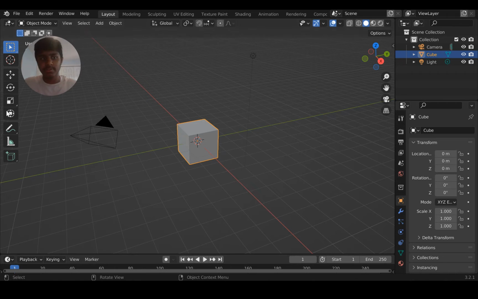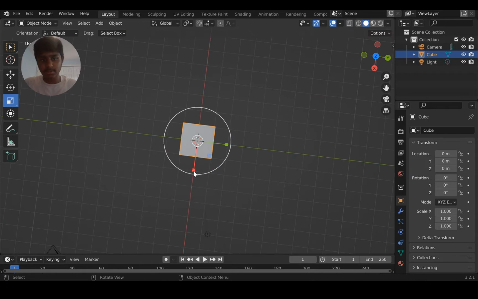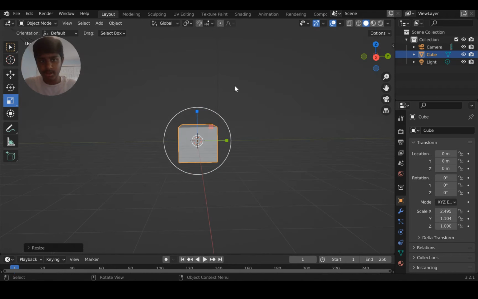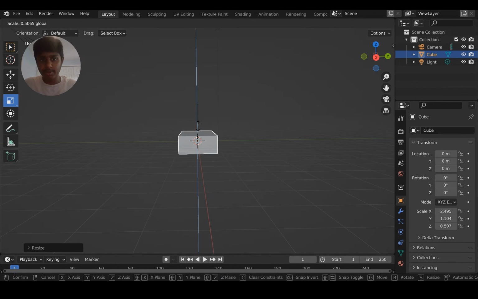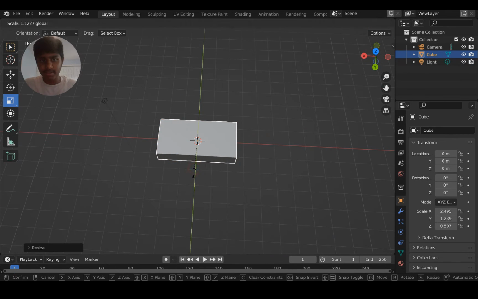So first thing, of course, you go to Blender, and first thing, you make that sort of length and width of a car. So I'm going to quickly do that. You can make any type of car. I'm going to be making a 4x4 truck. So once you have your shape ready,